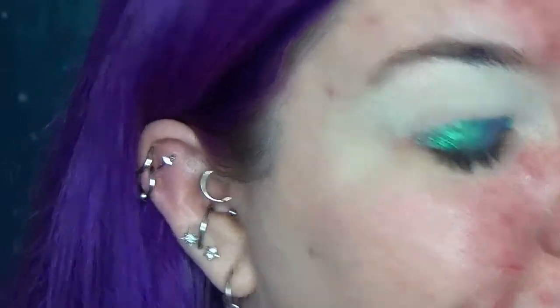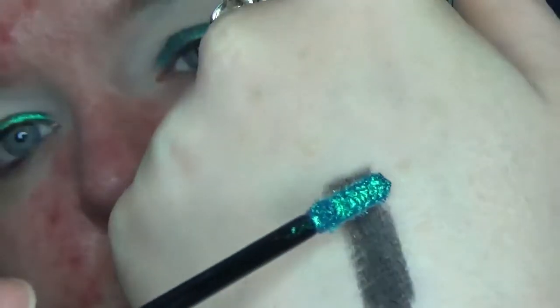That was smart. Right, while that's drying, before I start going in with the powder shadows, I've just grabbed a bit of a black base. This is H&M's Easy on the Eye colour, which I'm not entirely sure they still do anymore, but it's just a black cream shadow stick. And then we